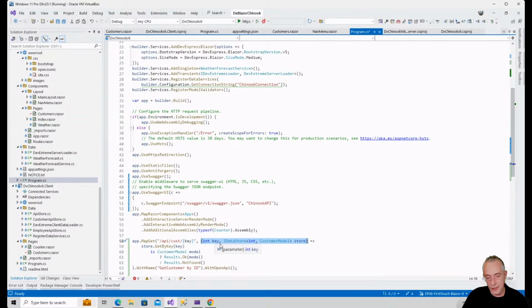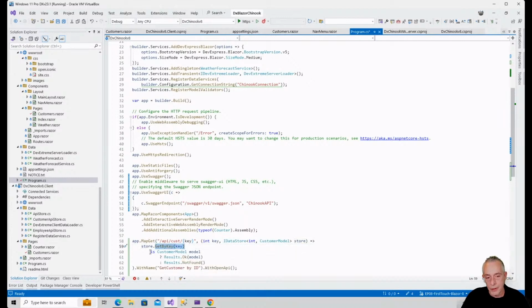And this is very nice, because if you check what's happening here, this key will be passed in because I put that key between the curly braces here. The IDataStore will be injected by dependency injection, and that store, well, we have been doing quite some work on that. The store has a method GetByKey,